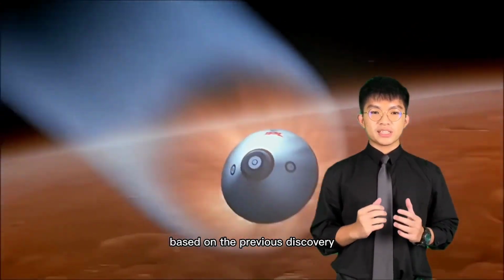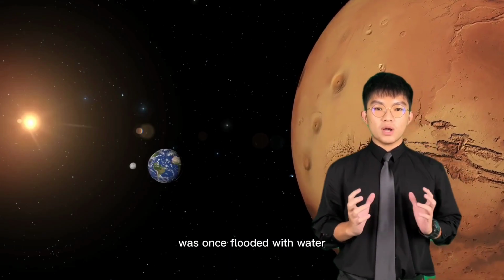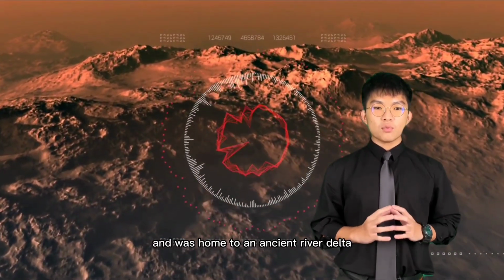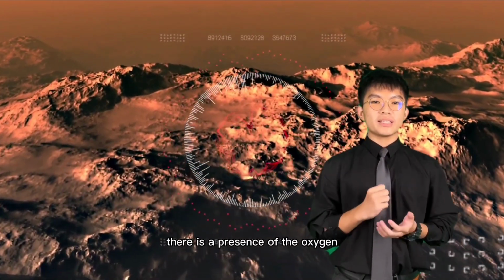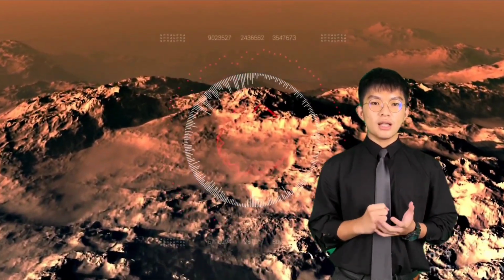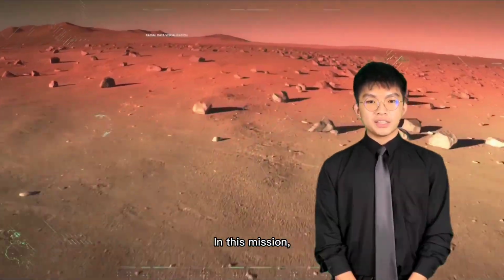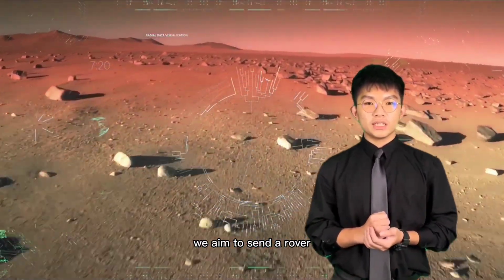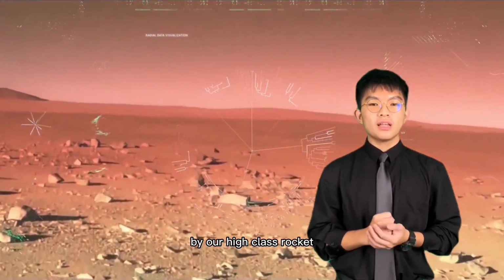Based on previous discoveries, a part of the area on Mars was once flowed with water and was home to an ancient river delta. So it proved there is a presence of oxygen, but its concentration is not sufficient for living. In this mission, we aim to send a rover together with scientific instruments by our high-class rocket, which is called